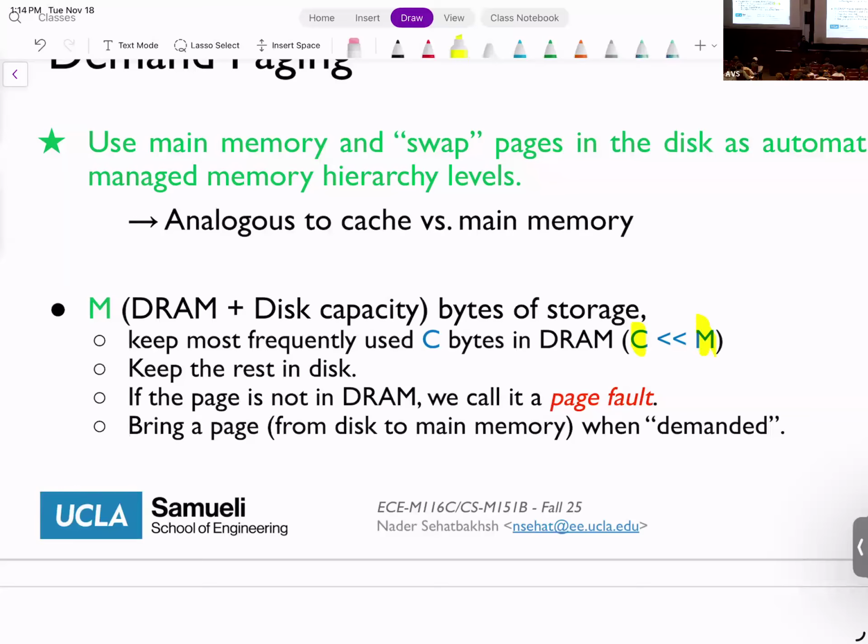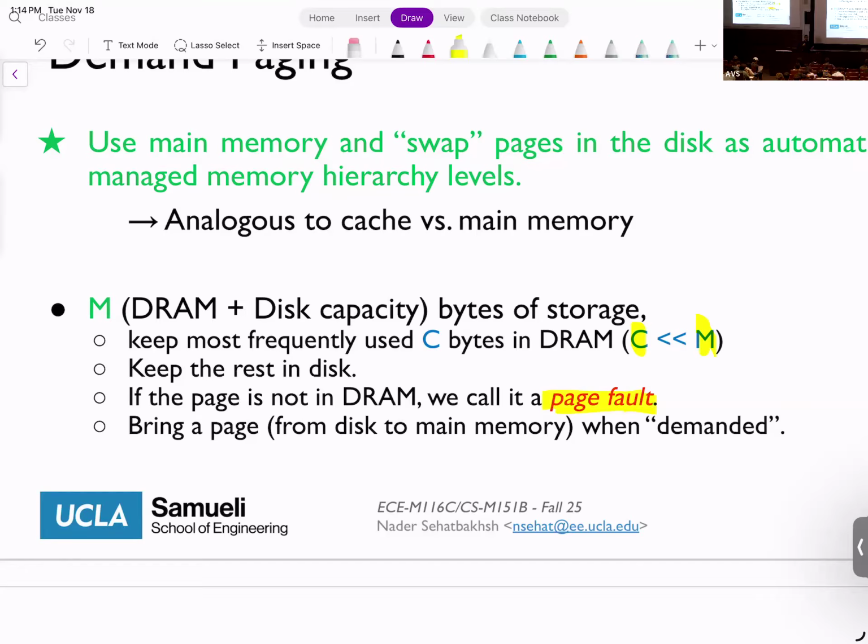So you hopefully can store most of the things that you really want in DRAM. Reality, though, is that there are pages that are not in DRAM, but they exist in the disk, okay? This process that you want to read a page and that page does not exist in the DRAM is called a page fault.